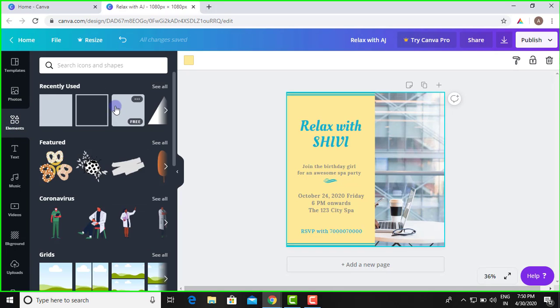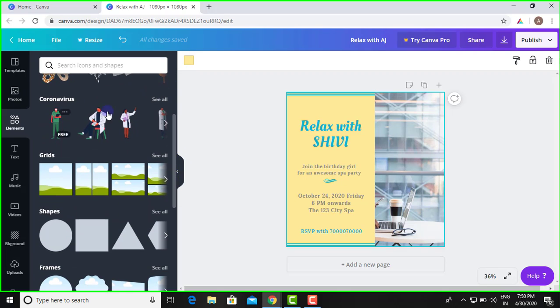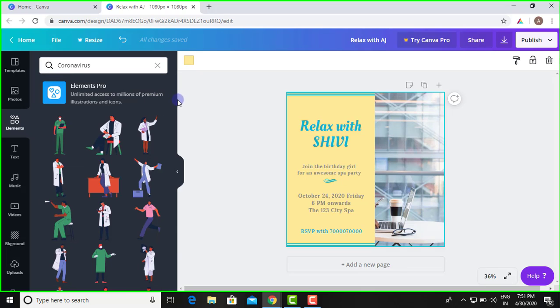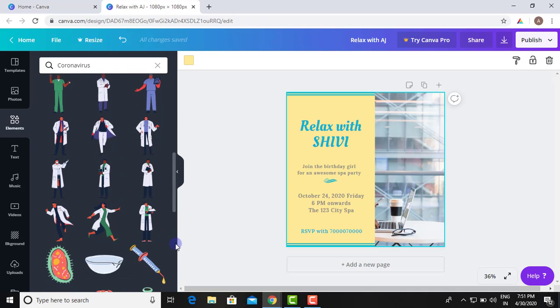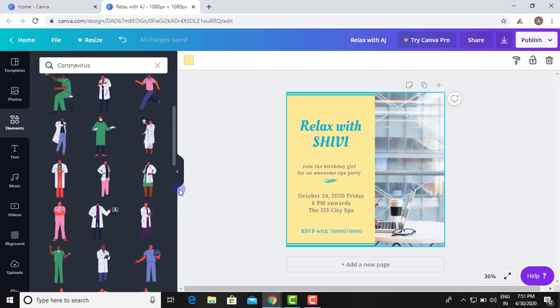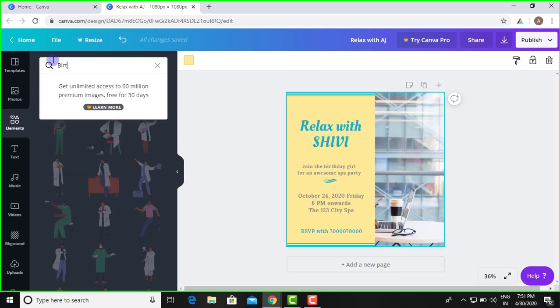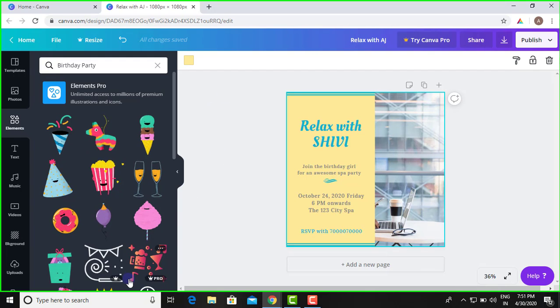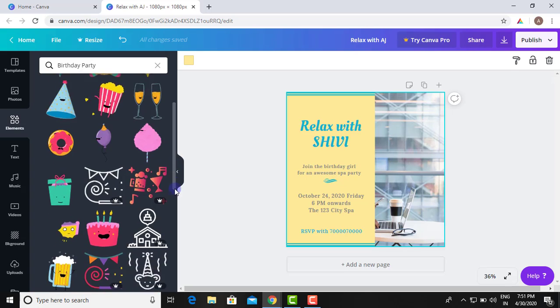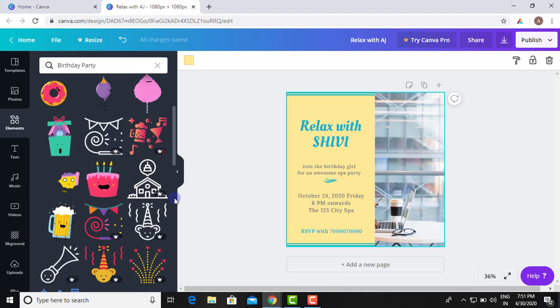If you want to have different elements like shapes, colors, frames, grids. So this is one of the hottest topics around the world, that is coronavirus. They have made every design of coronavirus free because they want to attract their customers and their audience. So you can select any sort of elements that you want. So this is a birthday party invitation, so we are going for an element for birthday parties. You can simply select your element and click on birthday party. These are the elements that Canva offers. Again, the crown sign you are seeing there is only for those who have pro packs.